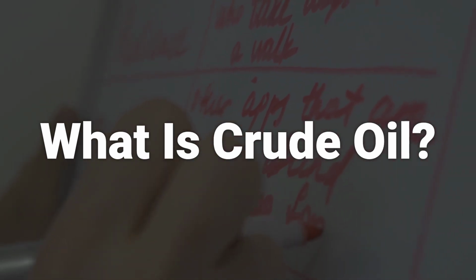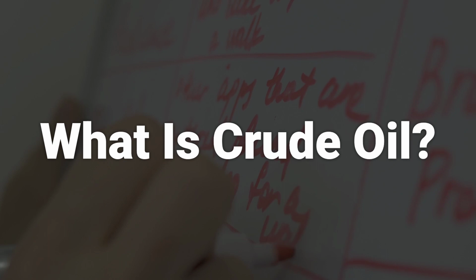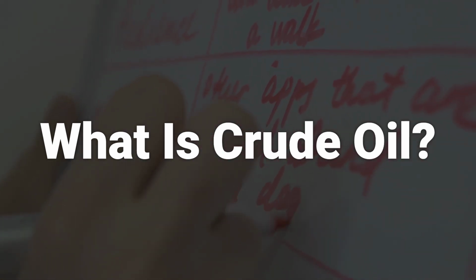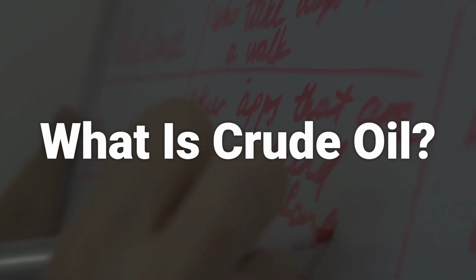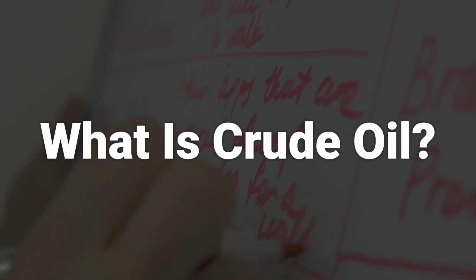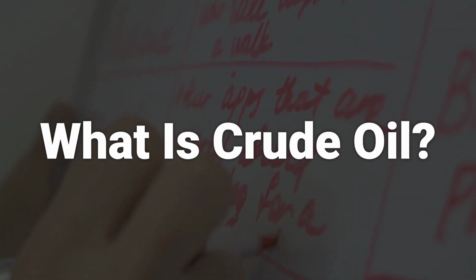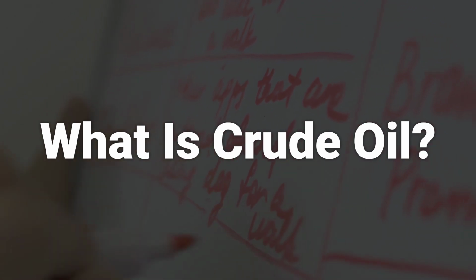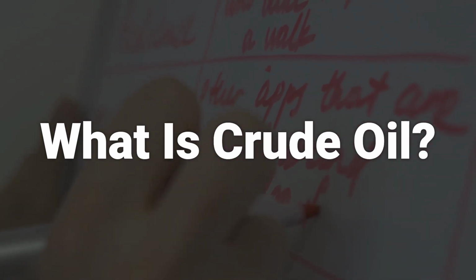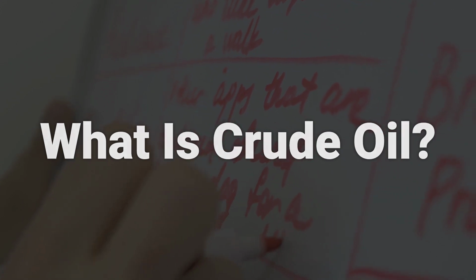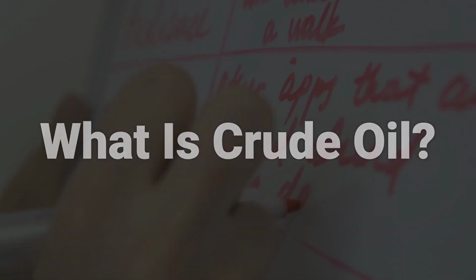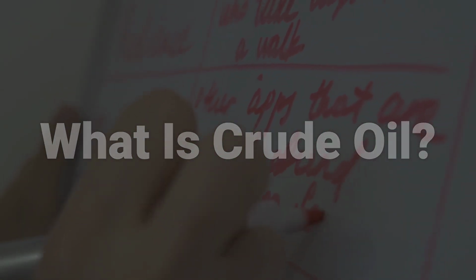These organisms were covered by layers of sand, silt, and rock, subject to heat and pressure, and eventually turned into a type of fossil fuel that is refined into usable products, including gasoline, diesel, liquefied petroleum gases, and feedstock for the petrochemical industry. Crude oil is a non-renewable resource, which means that it can't be replaced naturally at the rate we consume it and is, therefore, a limited resource.